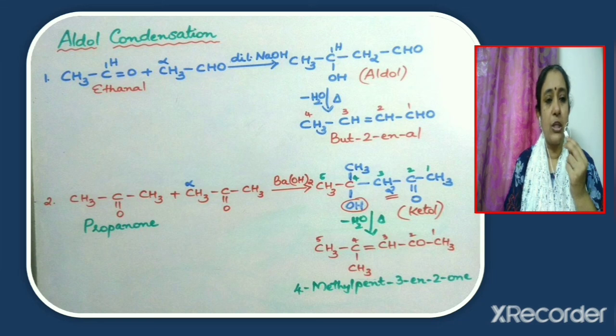So that is how a ketol is obtained. Now what is the name of the ketol obtained in this case? It is known as 4-hydroxy-4-methyl pentan-2-one. This compound, when heated, eliminates a molecule of water. And how is water eliminated? Along with OH, it is hydrogen from the alpha position which gets eliminated. So between the alpha and beta carbon, a double bond will be created. That is how we get the final product 4-methyl pent-3-en-2-one.